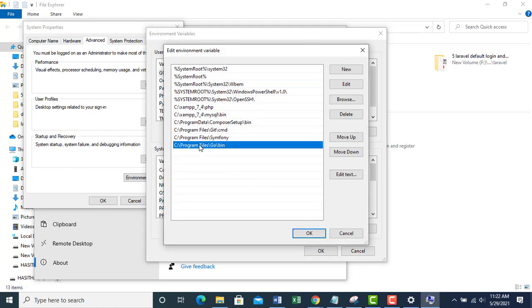Please verify that the Go bin path is in the environment variable Path section before you start coding.